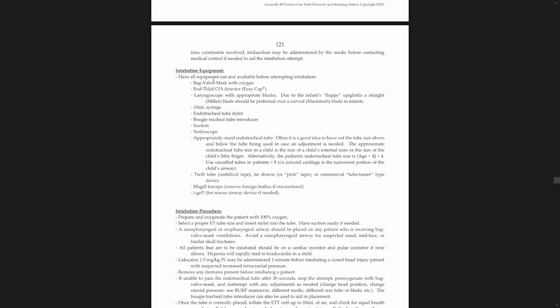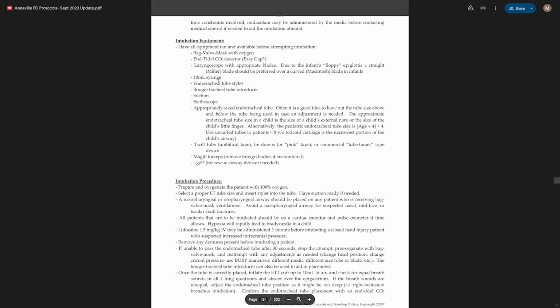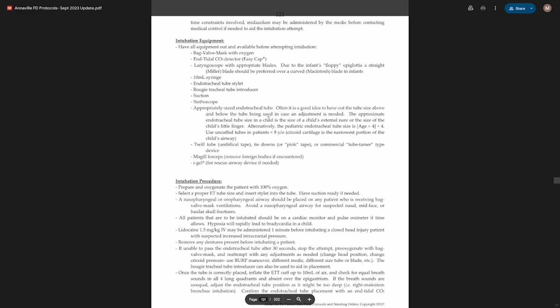For intubation equipment, have all the equipment out and available before attempting intubation. Have a BVM with oxygen, ETCO2, a laryngoscope with the appropriate blades. Due to the infant's floppy epiglottis, a straight Miller blade should be preferred over a curved Macintosh blade in infants. A 10 milliliter syringe, an endotracheal tube stylet, a bougie tracheal tube introducer, suction, a stethoscope, appropriately sized endotracheal tubes. Often it is a good idea to have out the tube size above and below the tube used in case